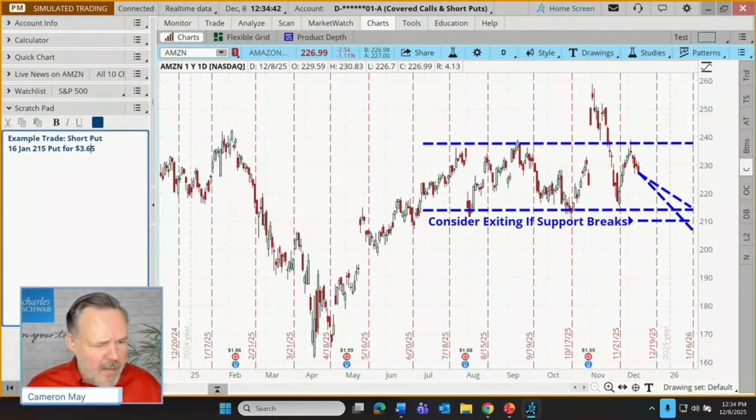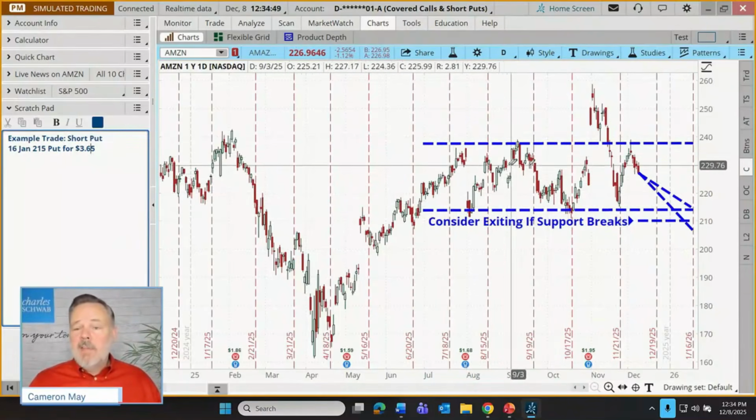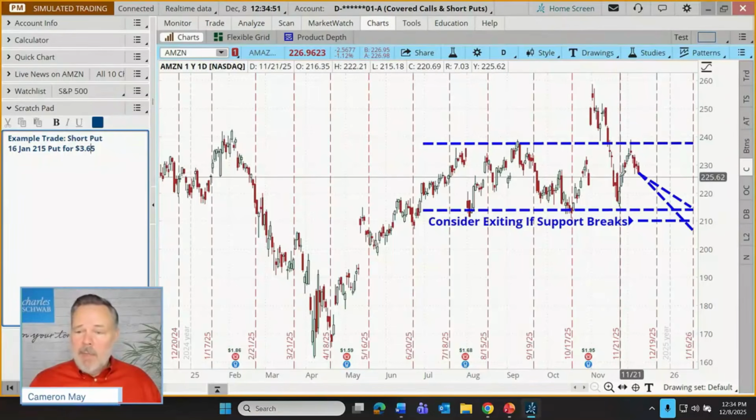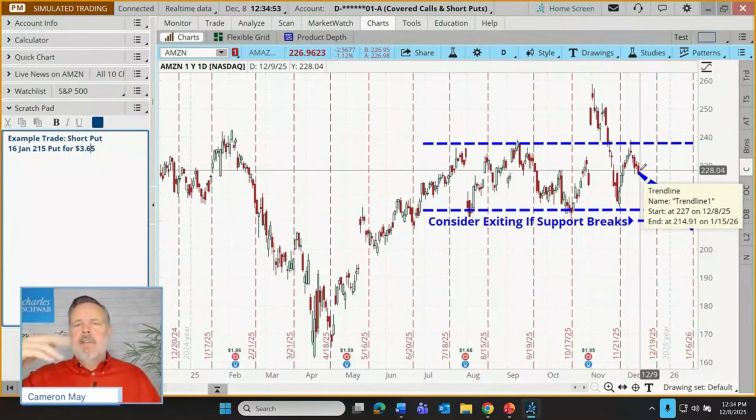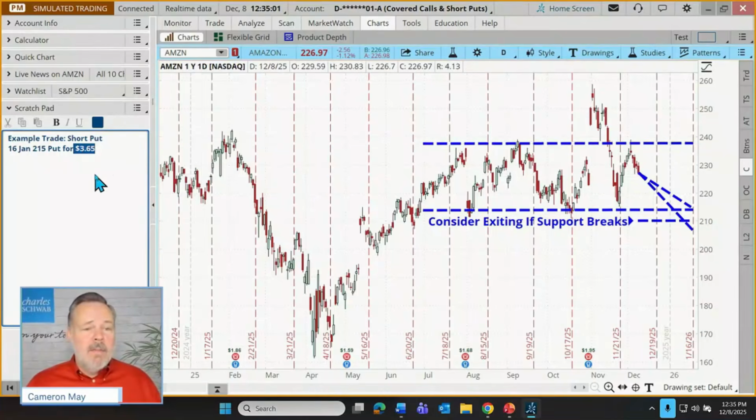Ishanes says lots of consolidation occurring. You're talking about Amazon particularly? Is consolidation necessarily a bad thing for this trade? Nope. Consolidation sort of means just kind of going sideways. That's sort of chartist or trader speak for going sideways. Going sideways would just be, in this trade, the ultimate realization, unless something weird happened, of our $3.65 income.